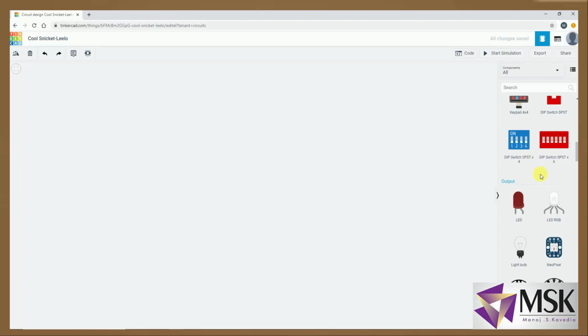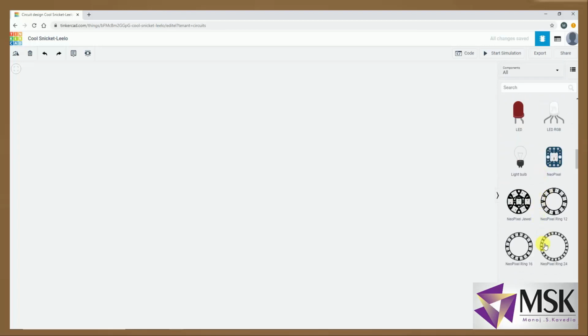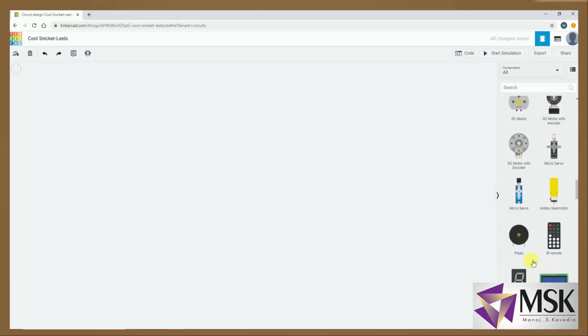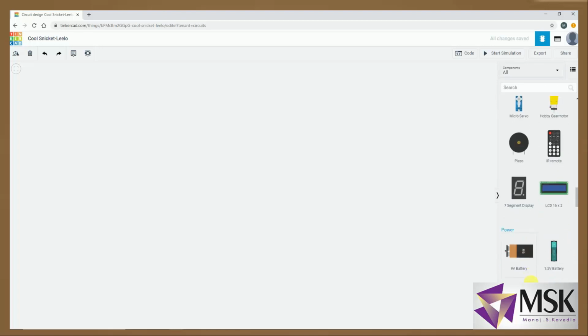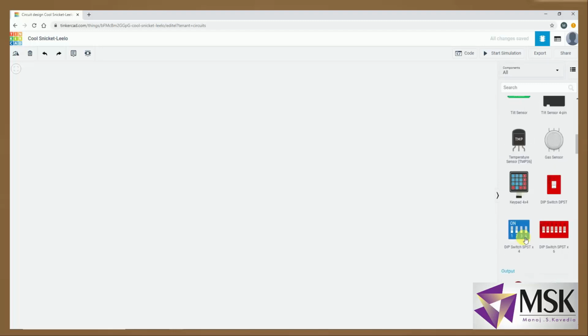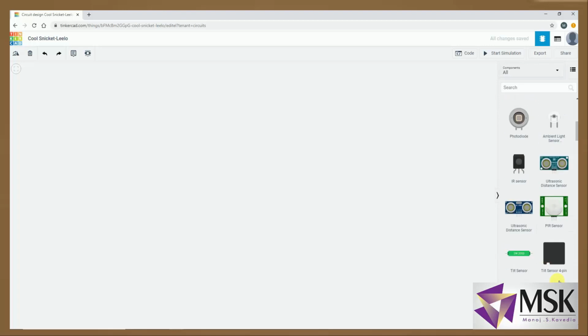You can see there are switches, different LED patterns and many more things. You can explore. You can even see there is an IR remote. These are the breadboards, and many such components are available which will really utilize your time.